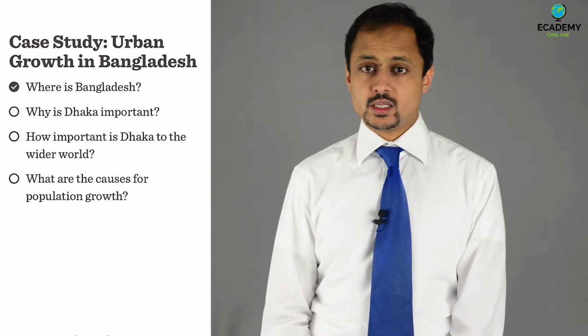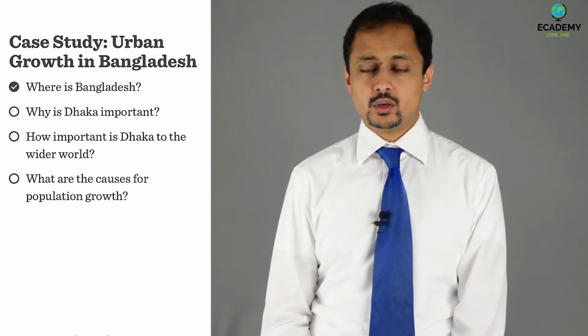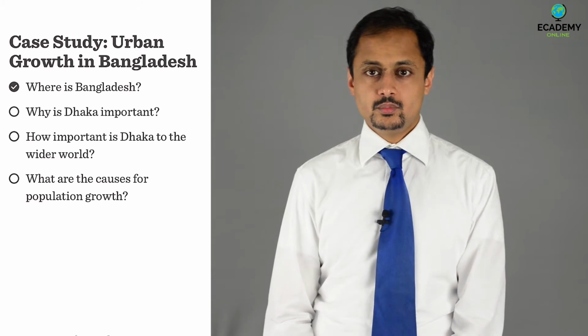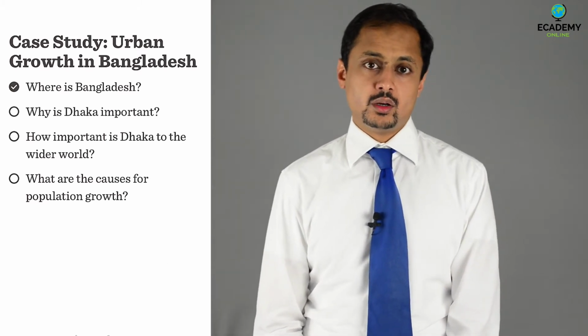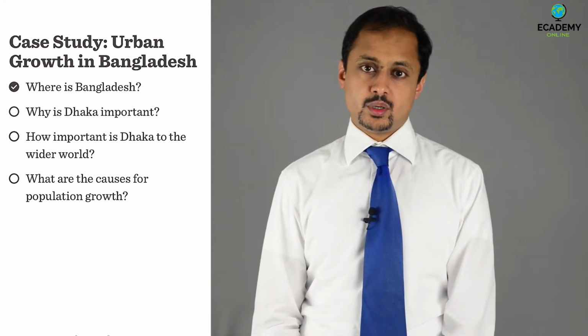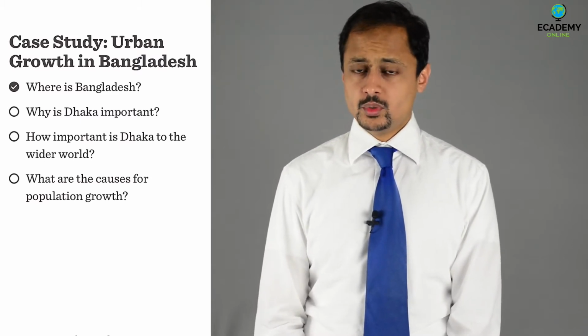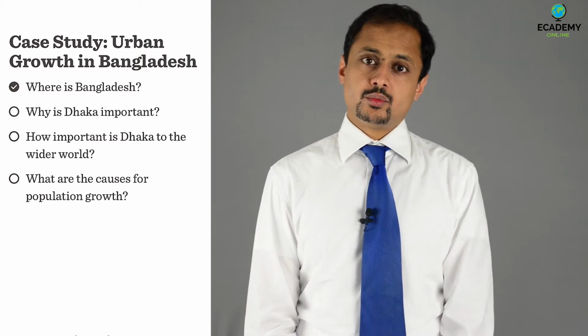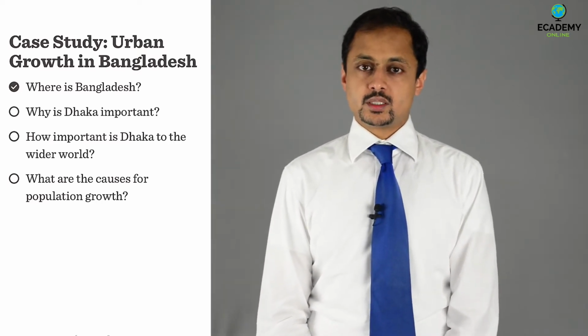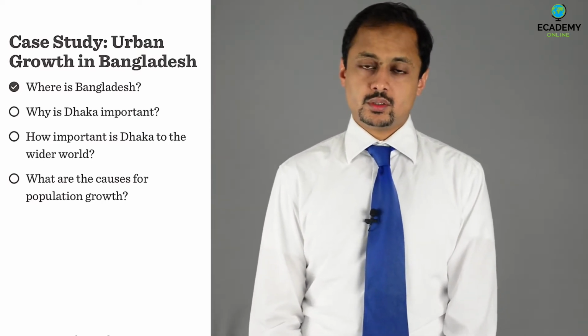Bangladesh's capital city, Dhaka, is located in the central part of the country. It occupies the eastern part of the Bengal region. The western part of the region is occupied by the Indian state of West Bengal, which historically was part of the great civilizations of the northeast of the Indian subcontinent.